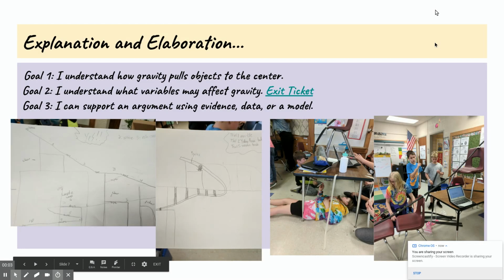Okay, now you see students engaged in another activity. This is goal 2. I understand what variables may affect gravity. And with that, I had an exit ticket. And what the students had to do was design roller coasters out of foam pipe insulation and then introduce variables